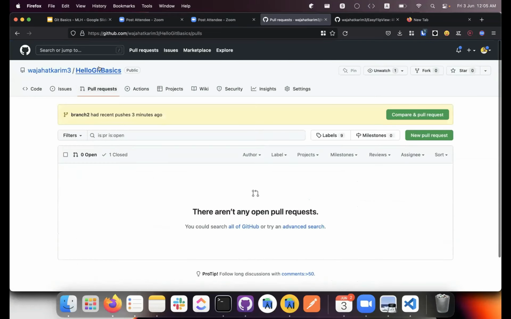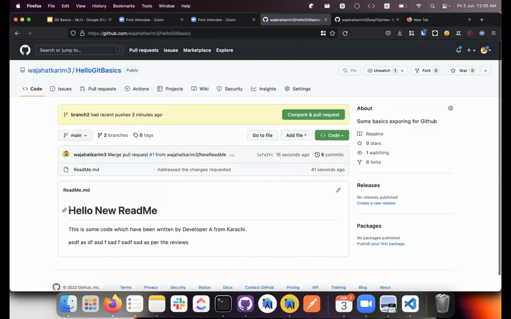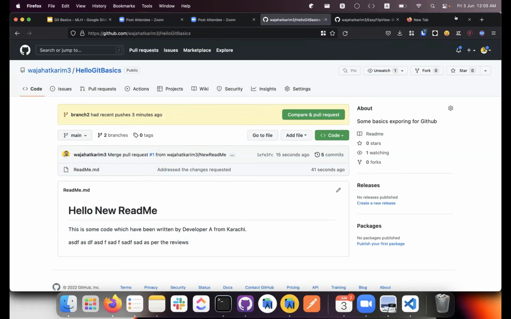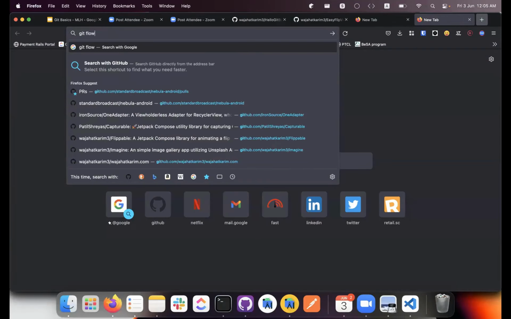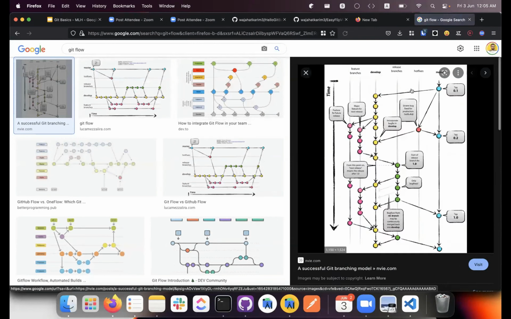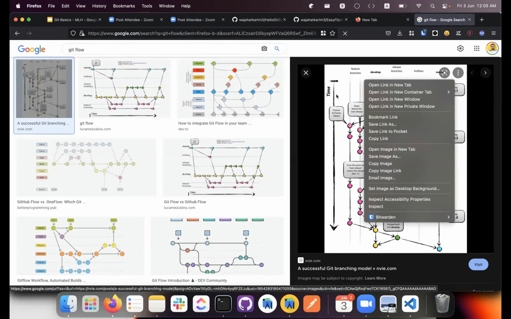So now when we come back, you can see that main is updated with all the new code where we have added the README. So there will be only two branches now because the new readme branch has been deleted. So this is how actual work happens, and there is a terminology called git flow. There are different mechanisms, but git flow is very interesting in a sense that